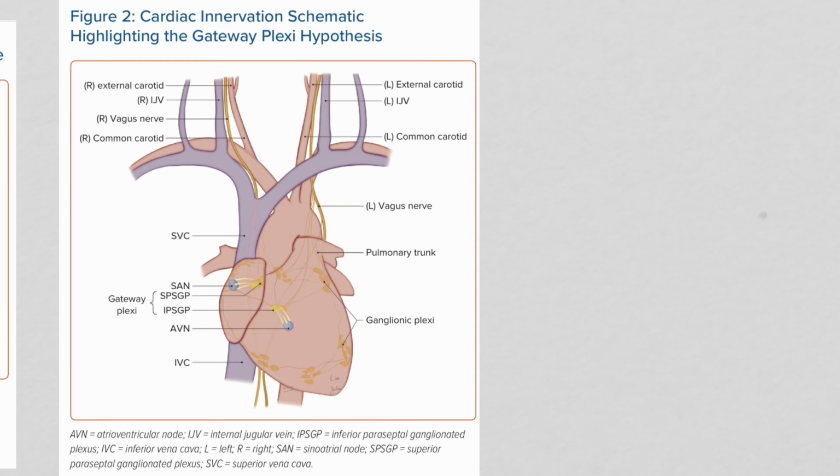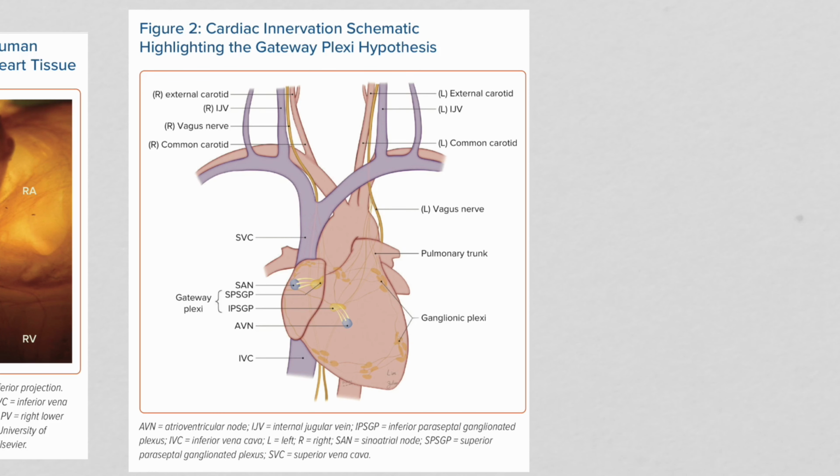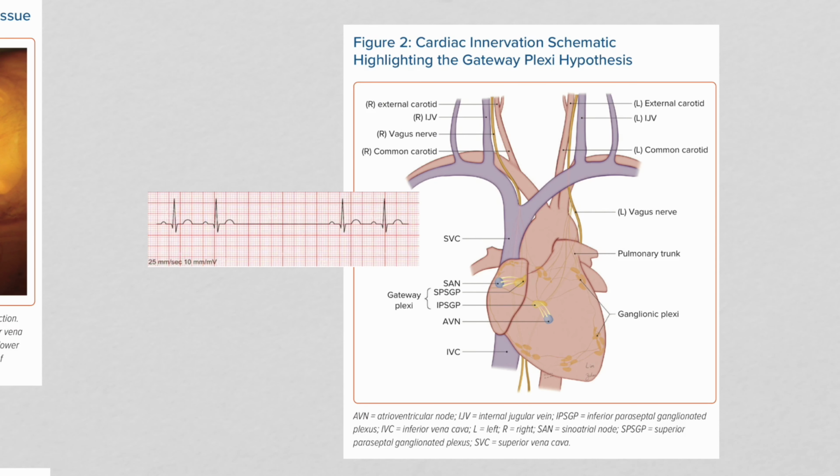But essentially it highlights what we've already discussed, that there are two vagus nerves that come down here and innervate the heart. The point that I want to make right now is that as these vagus nerves distribute or ramify into the heart, they collect in areas called ganglionated plexi all around the heart. These ganglionated plexi specifically can innervate regions within the heart. So for example, this particular ganglionated plexi, which innervates specifically the sinus node or sinoatrial node,